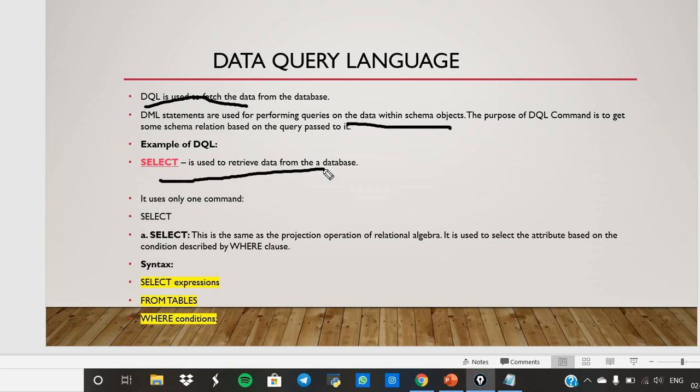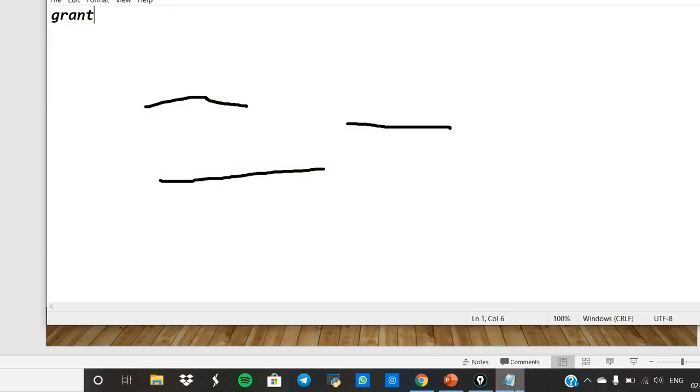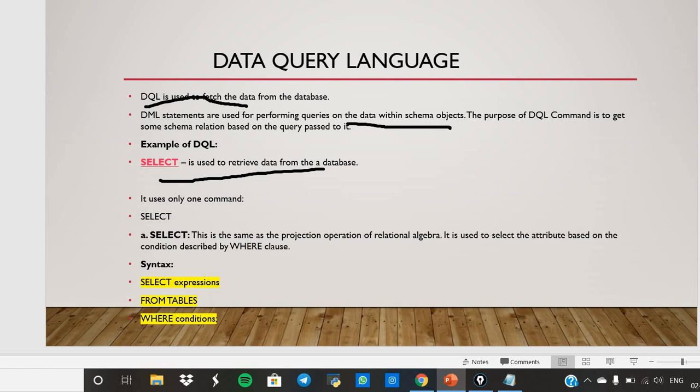The query is select star. Select star from the table name, for example employee. If you give this, it will select and display all the values in the table employee.